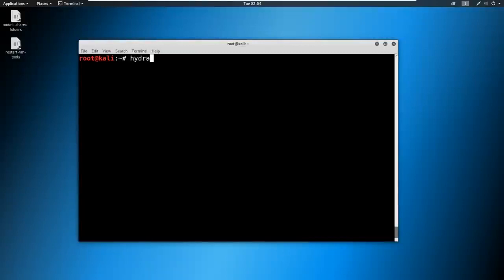We're going to say Hydra, and then we're going to give a -l for the user that we're going to be utilizing. In this case, I want to attack root. And then we're going to give a capital -P for the password list. So if we wanted to use a user list with l, we can just say capital L. But here we're going to say capital P for the password list. And then we're just going to say /usr/share/